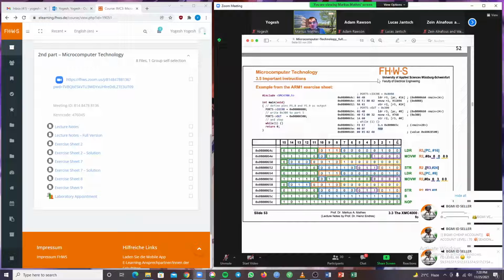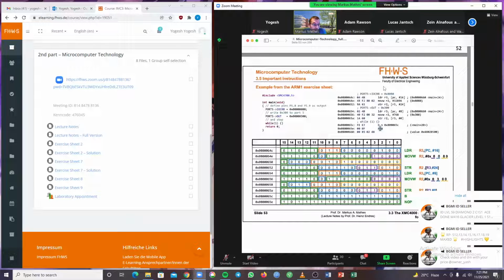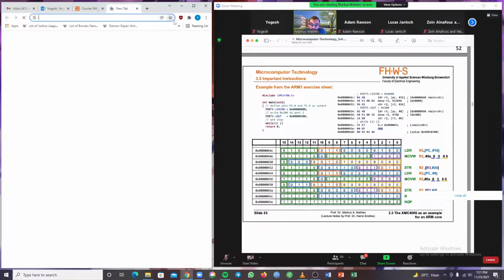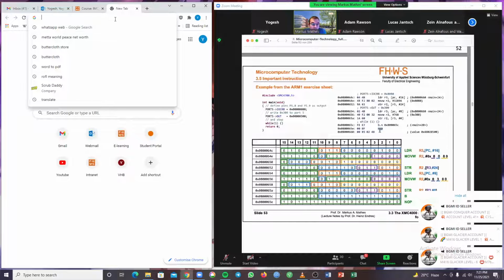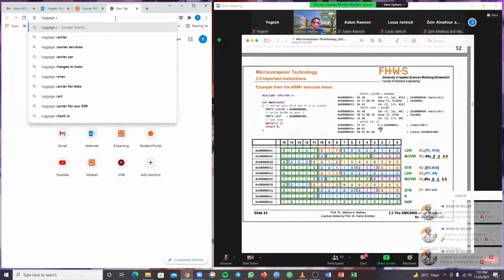In C++, you simply put a single semicolon, and this is an indicator that nothing should be done. And that can also be stated here in assembler. This is always a NOP command, no operation. So do nothing. And we will see in another example in a second that sometimes no operation is necessary because